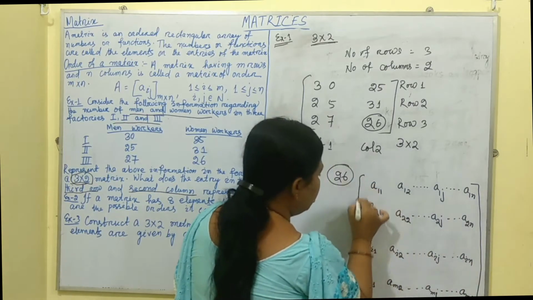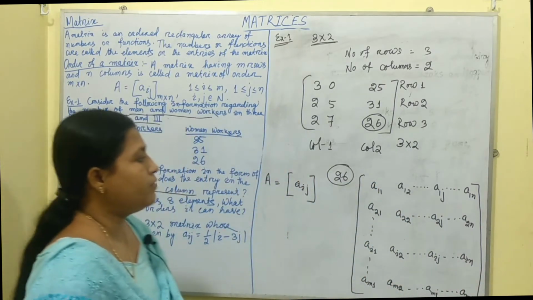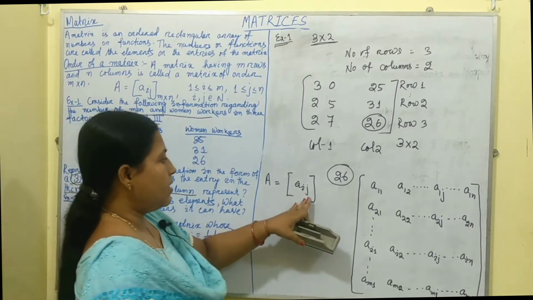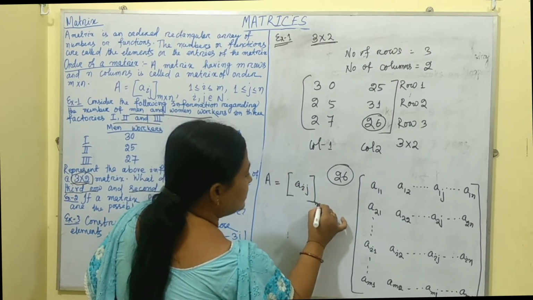This is the general form of the elements of the particular matrix Aij, where this is an m by